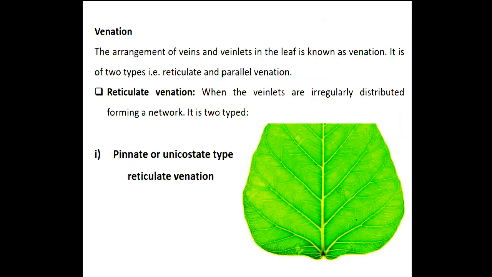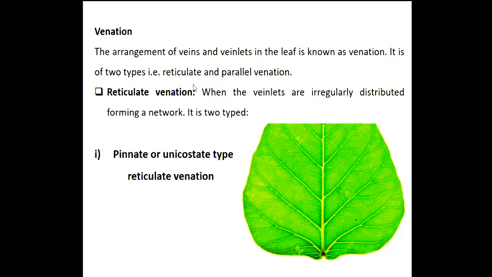So we will now discuss the venation, that is the arrangement and distribution of the veins. If we just go through the text, the arrangement of veins and vein layers. Vein layers, what are the vein layers? They are the derivatives of the main vein. This is the main vein, this is the branching, and here there are very small net-like vein layers. Okay. So the arrangement of this vein and vein layers in the leaf is known as venation.